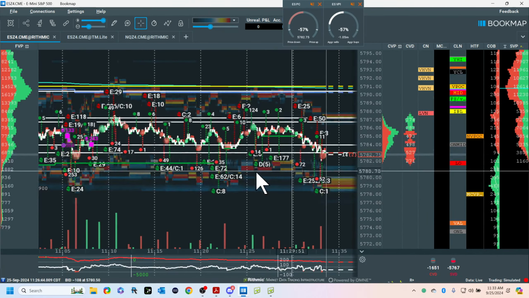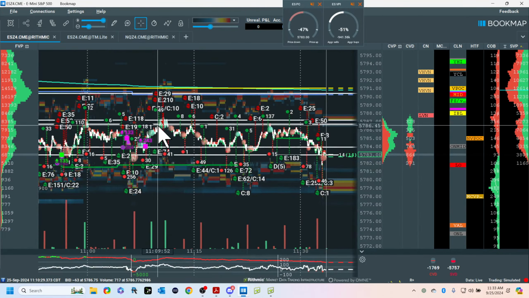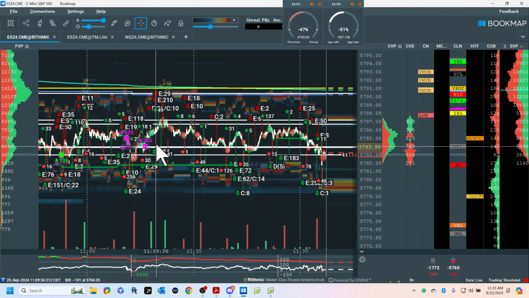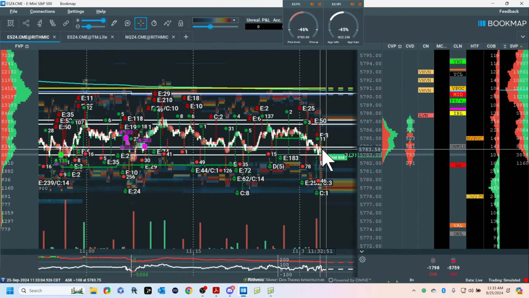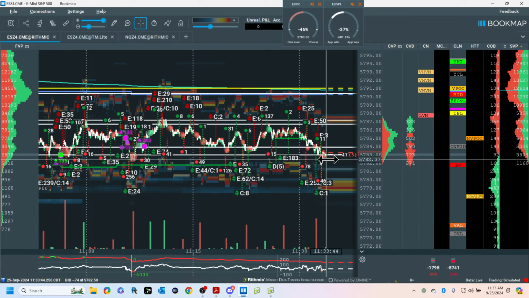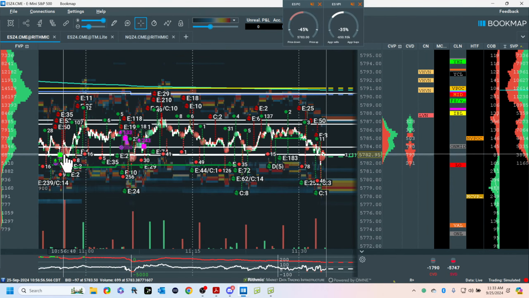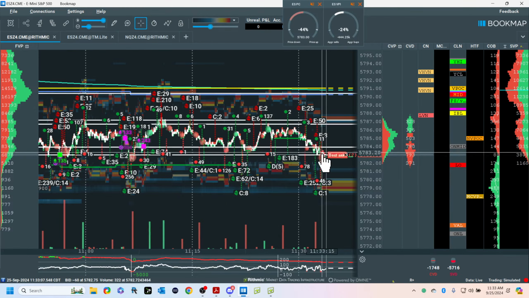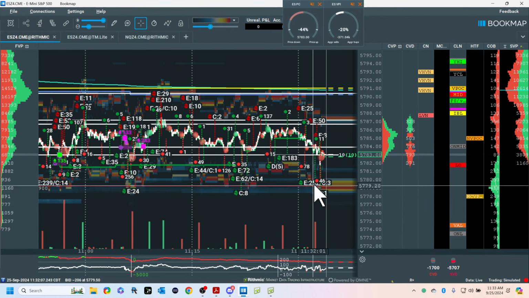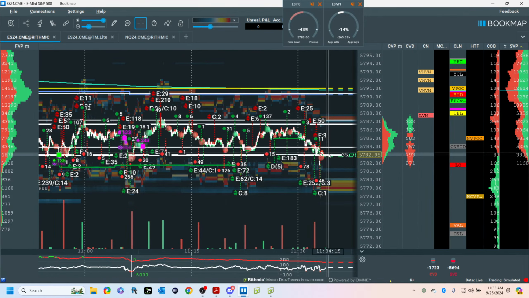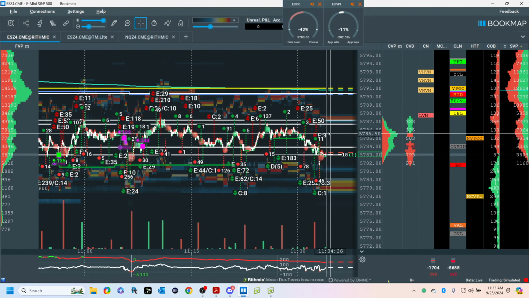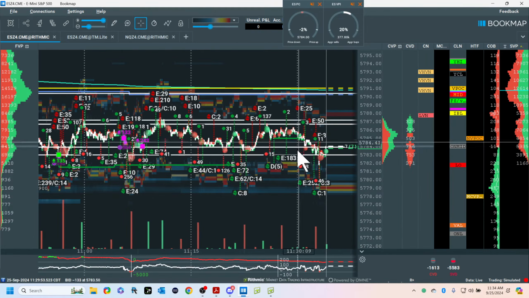I can't predict anything, as you could probably tell. But I do know resistance and I know support. That's what I know. If I'm now getting out under support, my buyers were here, here, and now we want this to continue down. If I get my buyers again here and I come back above, and this is absorption, I can come back here and still squeeze. So let's watch it.